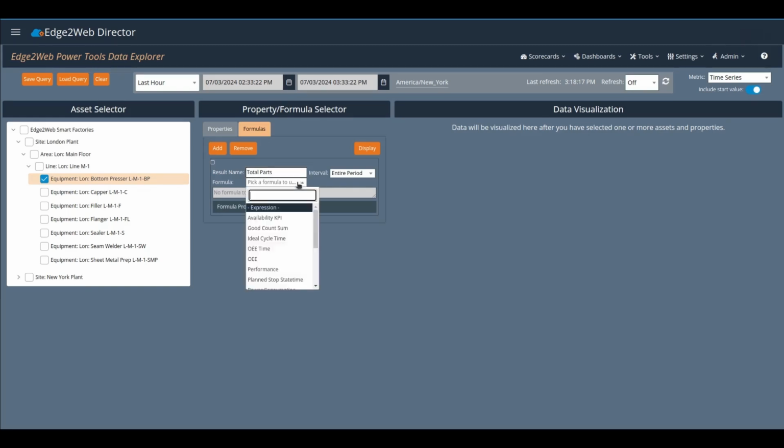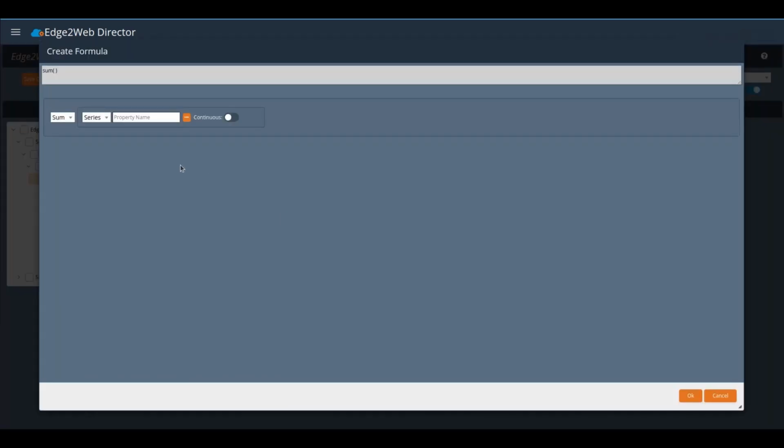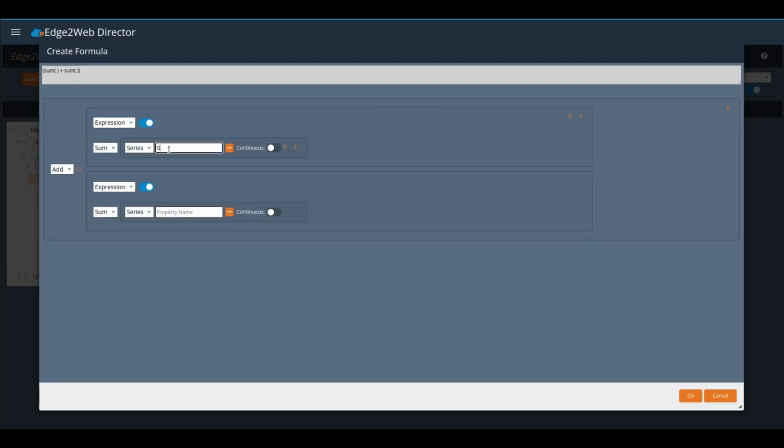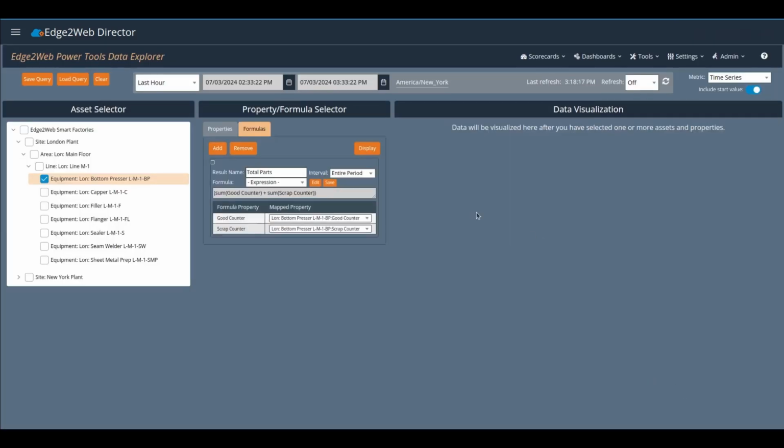I can either pick an existing formula or create a new one. I'm going to create a new one. The new formula is going to be an addition of two expressions, which are the sum of the good counter and the scrap counter. I'm going to hit OK. And you can see we've automatically mapped the bottom presser good counter to the input good counter for the formula and the scrap counter for the scrap counter. I'm going to display that,